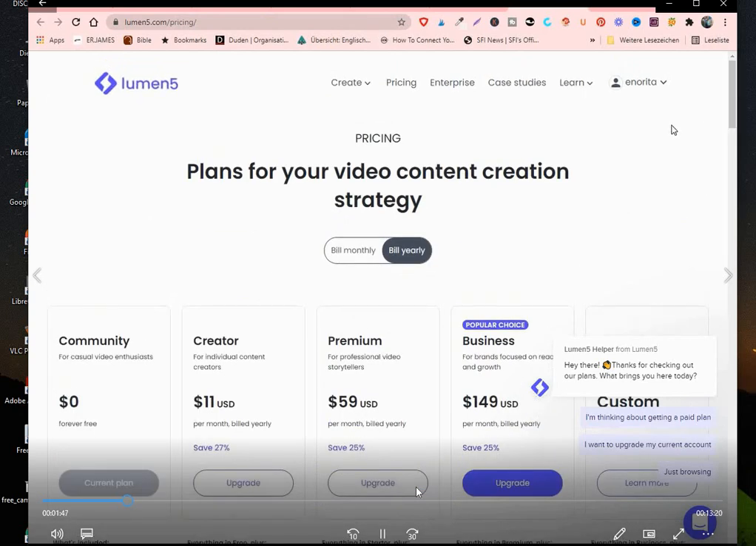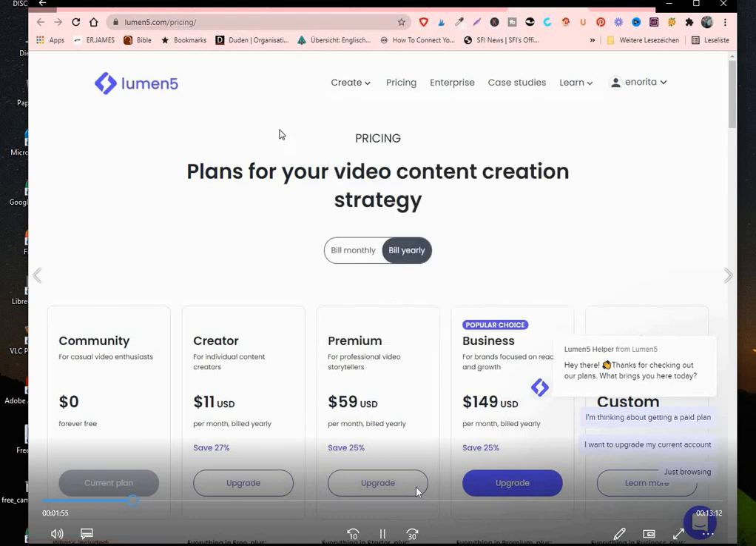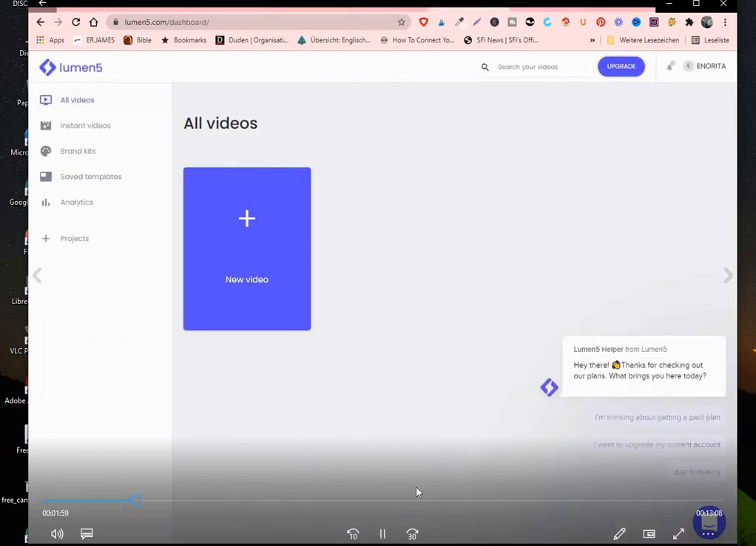So that's what I wanted you to see, that with Lumen5 you can do unlimited videos, and these are all other things you can do with Lumen5. Everything here you can do with Lumen5. So it's a very, very good free online software that I can advise you to use. So you come back here to this page, click on new video,